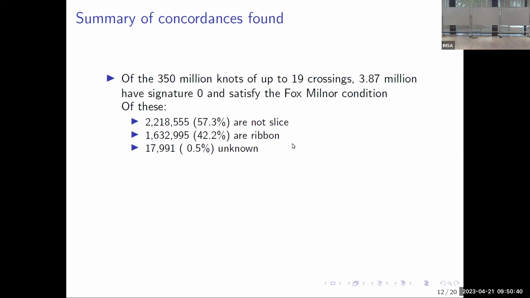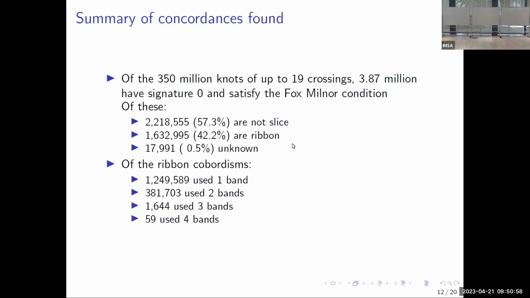Of these 4 million, we found that about 2 million of them were not slice. And then 1.6 million of them are ribbon; we found ribbon disks for them. And then there's about 18,000 that we still don't know. And then of the ribbon concordances, I meant concordances, that we found, there were